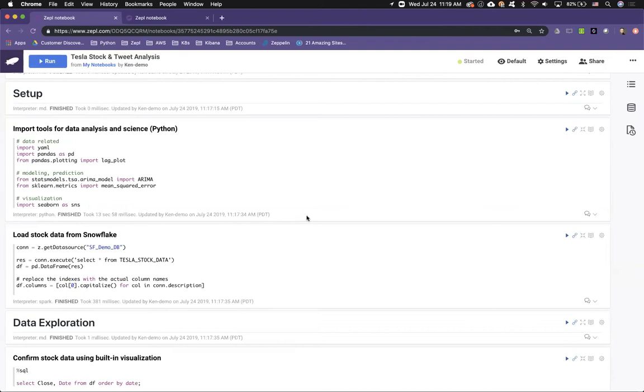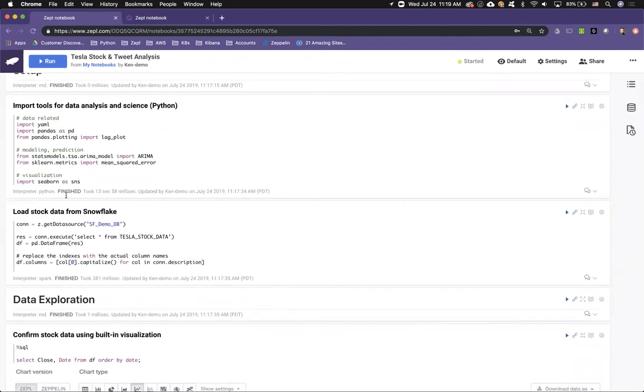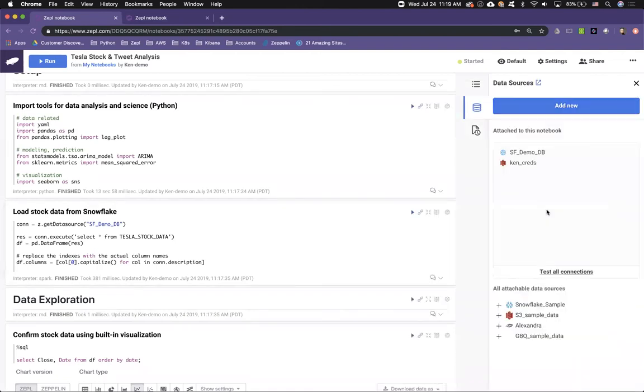You can see here that we're importing the Python tools that we'll need for our work, and then next, we're going to make the connection to load our data from Snowflake. So you can see how I've organized that into these two different paragraphs here. To load the data from Snowflake, we're going to use one of our data source objects. In order to do that, I can open up this sidebar and show you the data sources I have available to me. And all the ones that are part of my organization in Zepl are all located here at the bottom. I've added the Snowflake object called